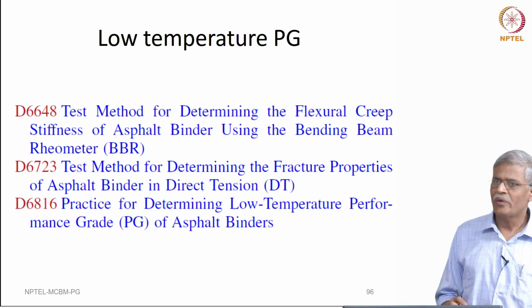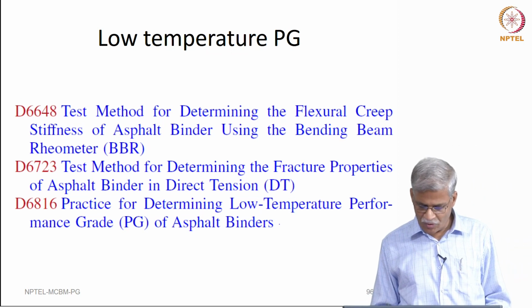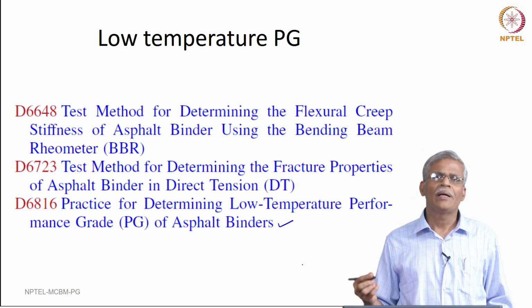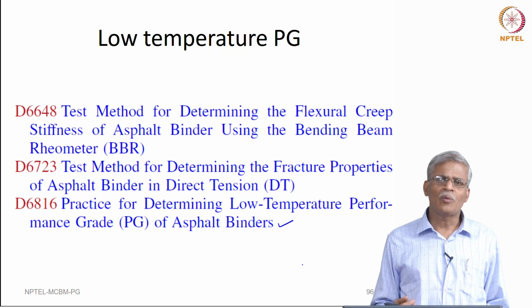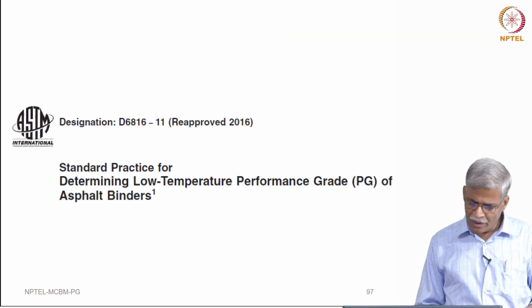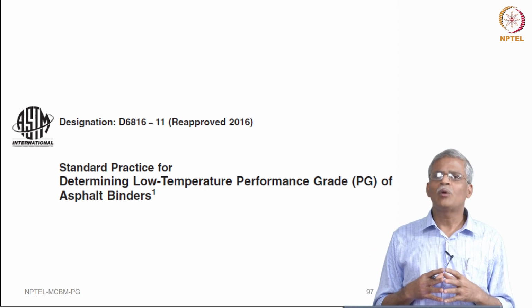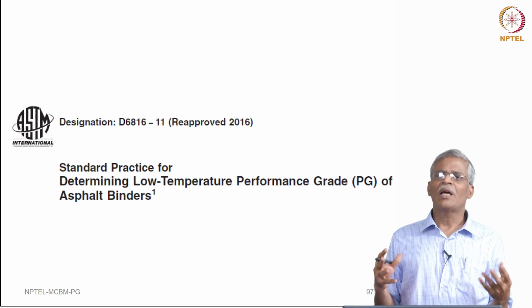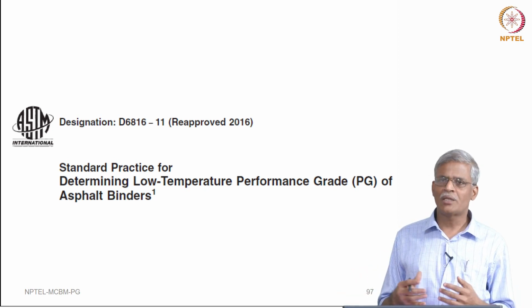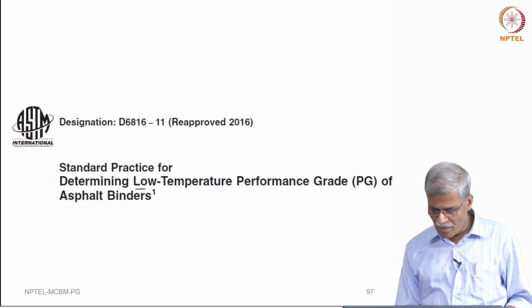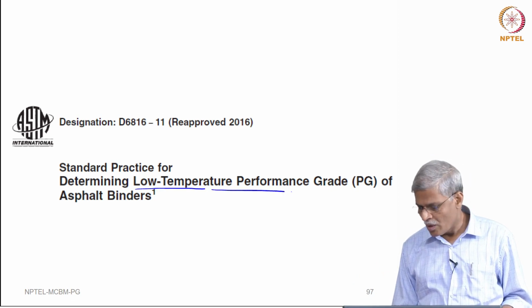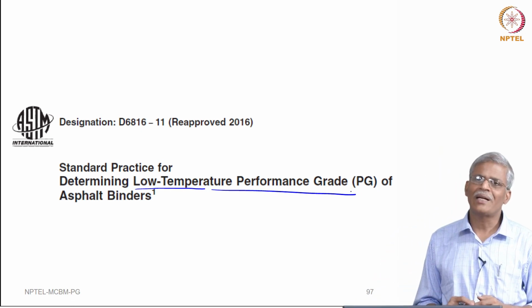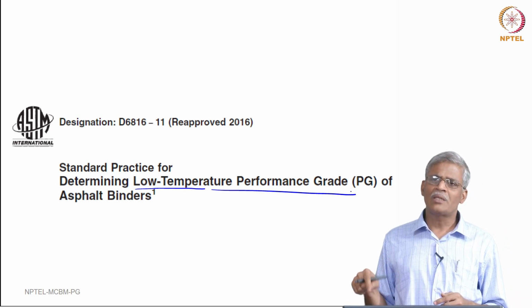Now, we come to the very last one, which is the low temperature PG of the material. This is actually a lot more complicated than whatever we have discussed till now, because if you actually think about it, you have carried out two types of tests. One is a bending beam rheometer and other is the direct tension test. Can we use the information from both the tests to come out with a low temperature performance grade of the material? Okay. So, that is the whole idea for this particular standard,